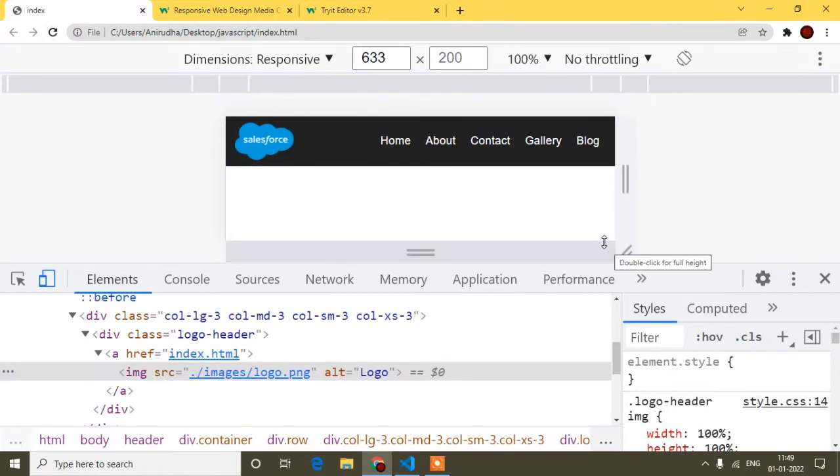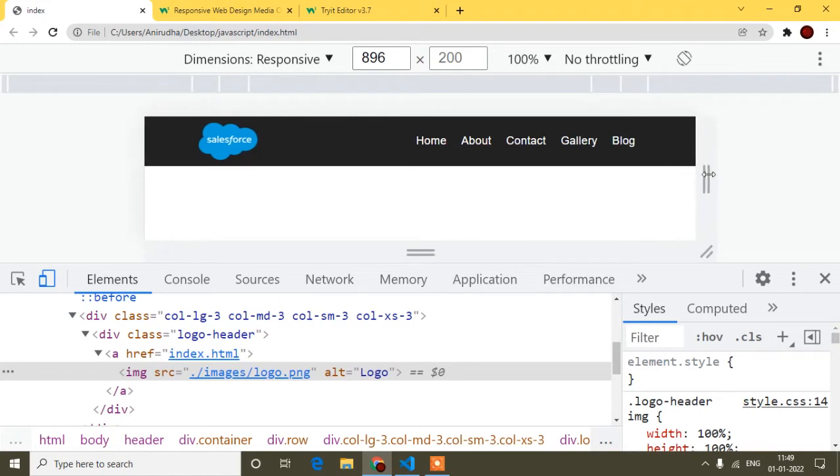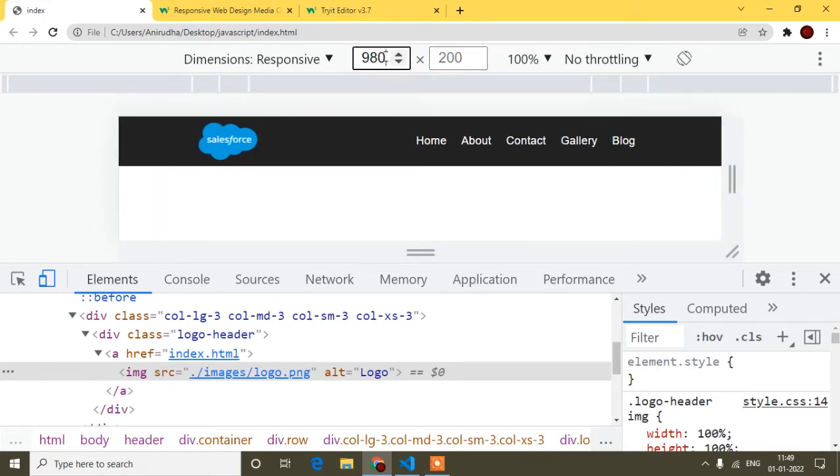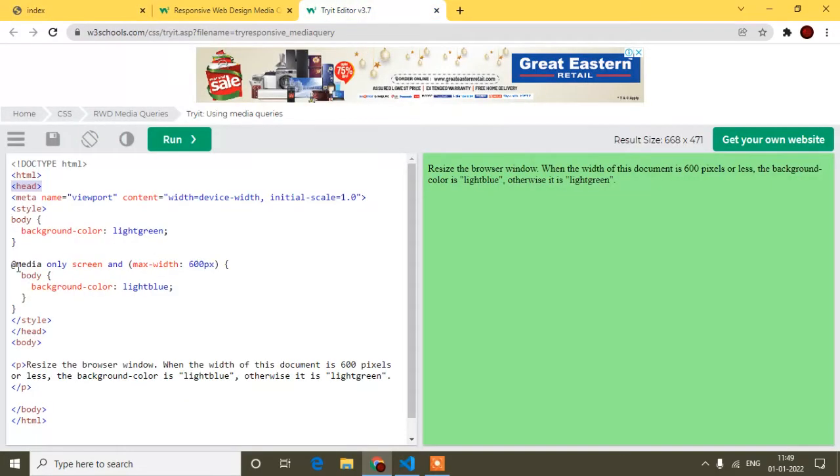Now, what I will do is, when we come to the 997 size, this menu I will not show like this, I will show as an overfloating menu. So here you can see the media query.